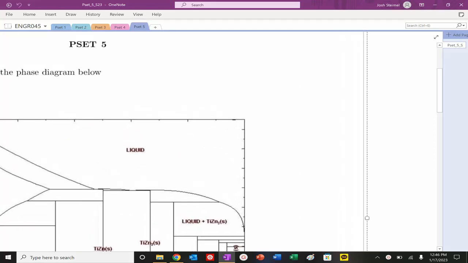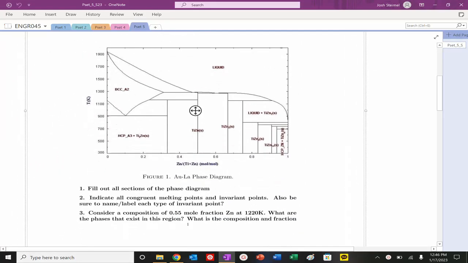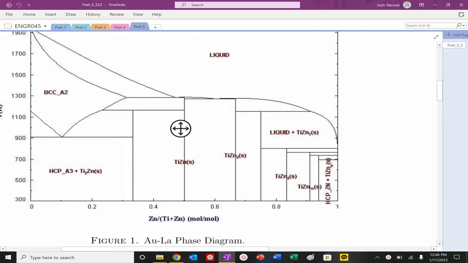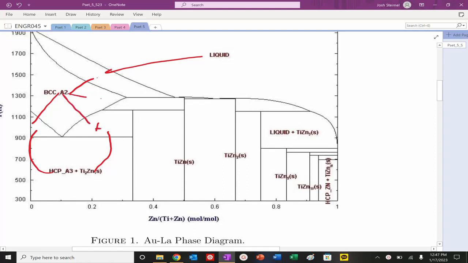We are back for P set 5. So we need to look at the phase diagram below, and we need to fill out all sections of the phase diagram. So we know that this phase plus this phase will be this region here, this phase plus HCP alpha here. We're given this here. And actually we can say that Ti is this line right here, plus BCC will add up here. This BCC plus this goes here, here, and here are added together, here and here added together, here,